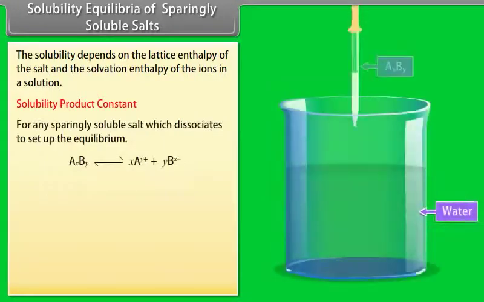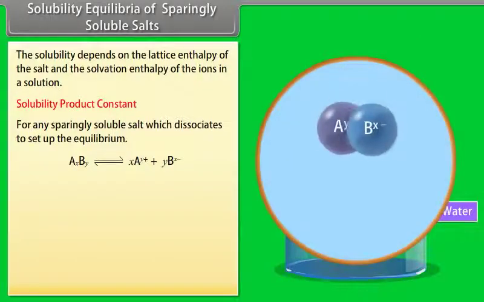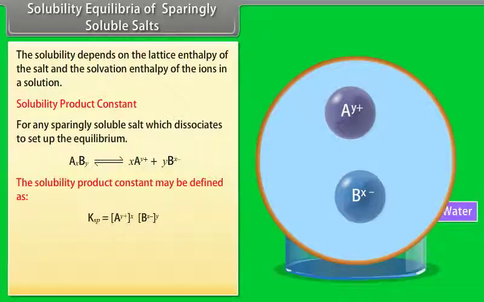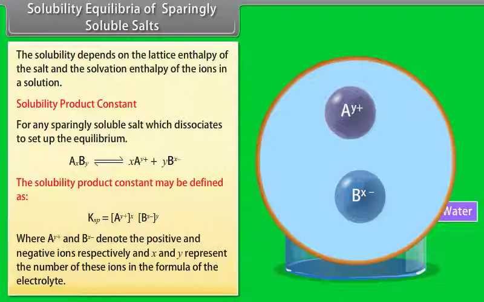For any sparingly soluble salt which dissociates to set up the equilibrium, the solubility product constant may be defined as concentration of A^y+ raised to the power x into concentration of B^x- raised to the power y, where A^y+ and B^x- denote the positive and negative ions respectively,